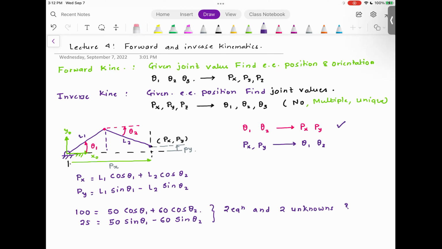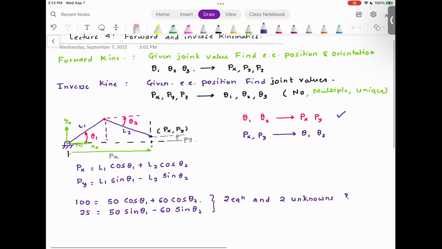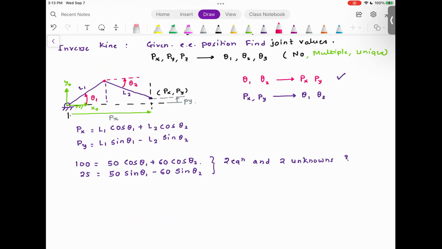But the solution is not easy, because please try to understand the relationship is given in terms of trigonometric identities. So if you want to solve this problem, you need to convert sines and cosines into something that can be added and easily solved. What I mean by that is, let me use the brute force approach,